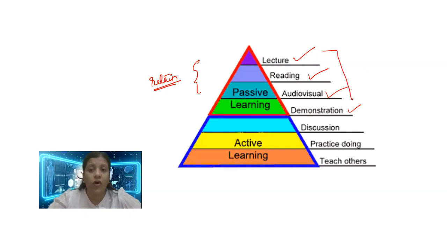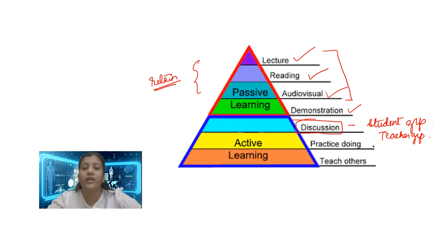But all these forms are passive learning. They are not putting you or your brain at task. Now, what is it that will put your brain at task? It is discussion. You need to have a very good discussion. You can have the discussion with your student group, which are your friends. You can also discuss with your teacher group, where you ask teachers to give you a particular topic prior to the discussion, and you read that topic and then fix up one time with your teacher and discuss that topic so that the teacher is able to correct you at points where you're going wrong.